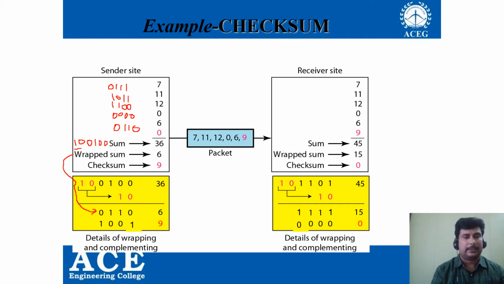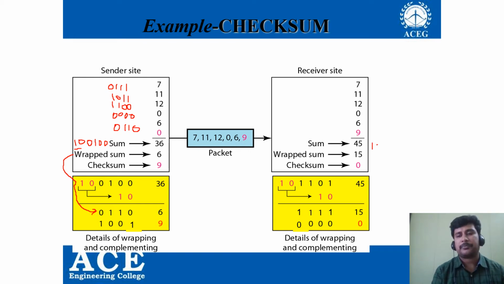Now this is forwarded to the receiver, and as explained in the previous, along with the 5 4-bit numbers, you're also going to add the checksum value. So when you try to add all these numbers including the checksum, what is the value? 7 plus 11 is 18, 18 plus 12 is 30, 30 plus 6 is 36, plus 9 is 45. Now 45 in terms of binary,